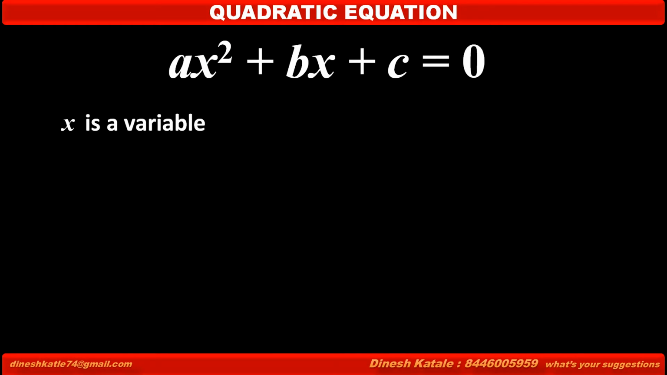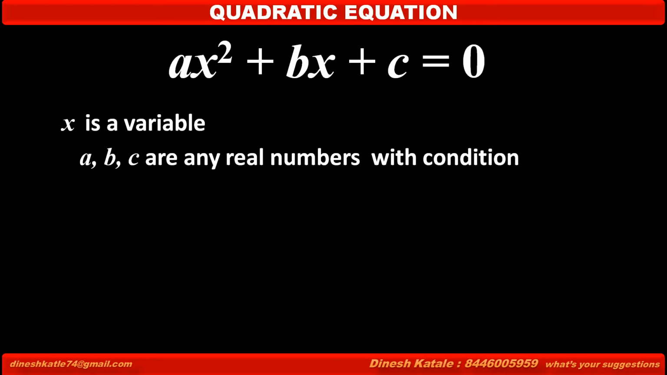In this equation, x is a variable and a, b, c are any real numbers with one important condition: a is not equal to 0. Yes, a will be any real number except 0, because if a is equal to 0, then the first term of our equation, ax square, becomes 0, and the remaining equation is